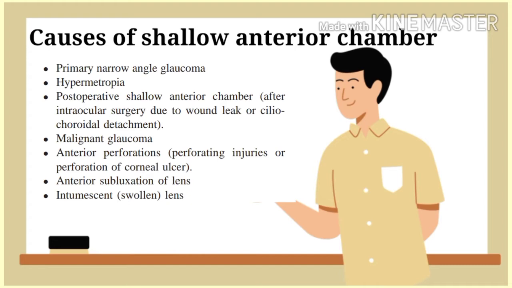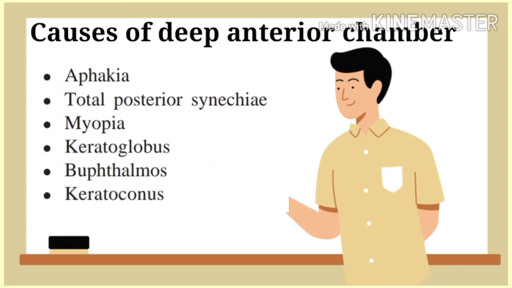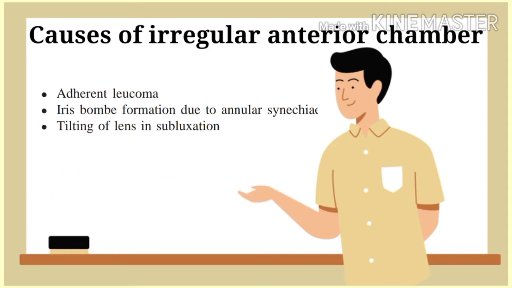hypermetropia, post-operative shallow anterior chamber, malignant glaucoma, anterior perforation, anterior subluxation of lens. Causes of deep anterior chamber: aphakia, total posterior synechia, myopia, keratoglobus, buphthalmos, keratoconus, anterior dislocation of lens. Now, causes of irregular anterior chamber: adherent leucoma, iris bombe formation due to annular synechia, tilting of lens in